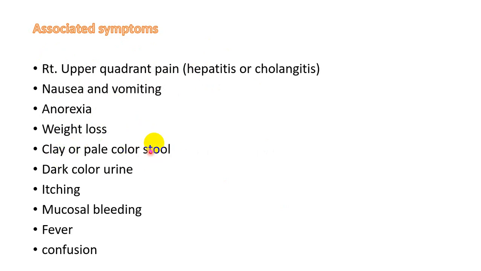Is the color of stool pale or clay color, meaning there is no secretion of bile into the stool, which indicates obstructive jaundice? There is obstruction, there is no secretion. Dark urine is important. If there is itching,